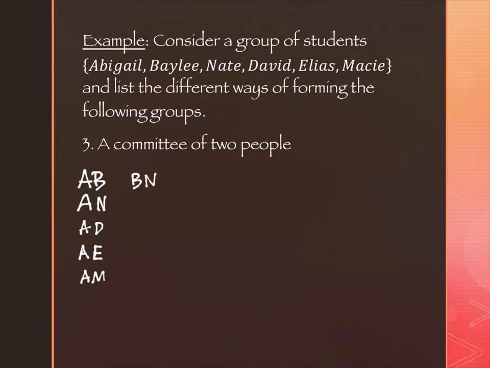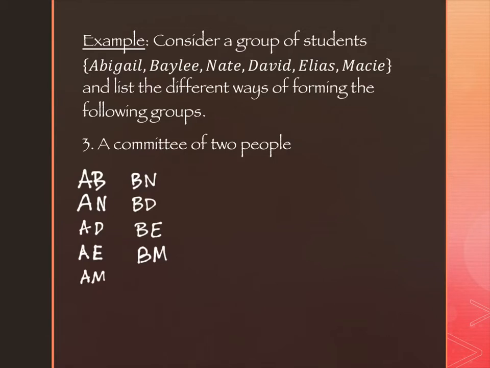So that would be B and N, B and D, B and E, and B and M. And while it feels like there's fewer, it's only because I've already listed another one that had B in it before, right? B's in just as many committees listed on the screen right now as A is. It's just that they overlap on that top one in the first list. Now I don't get to write any B's in again because B is listed in with every single person already